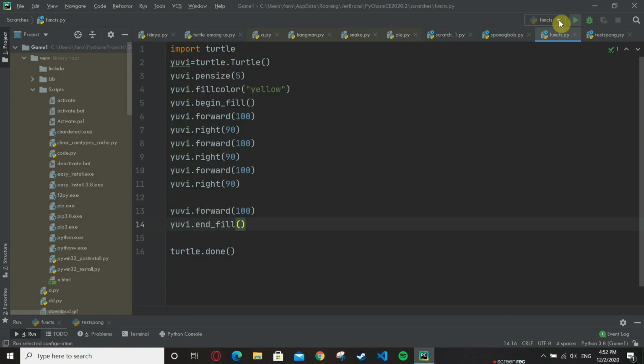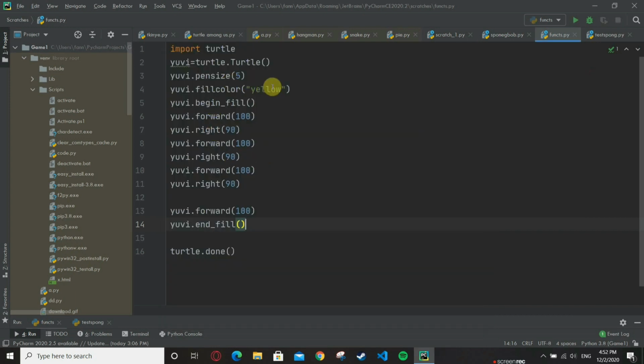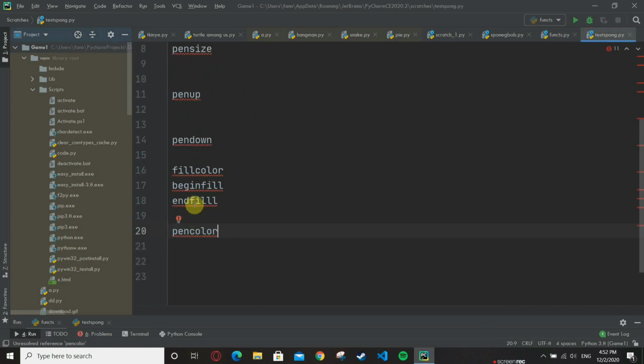See, at the end it filled the color yellow inside the box. You can change the color as per your comfort. So this is what fill color, begin fill, and end fill are used for. Fill color takes the color as an argument, begin fill starts filling, end fill ends the filling.